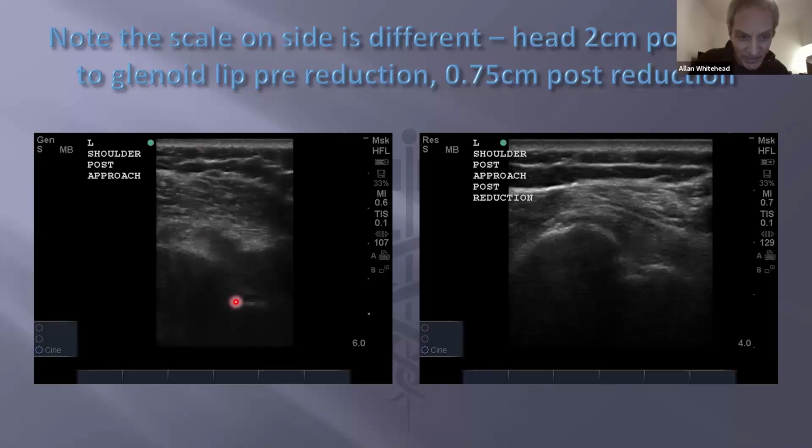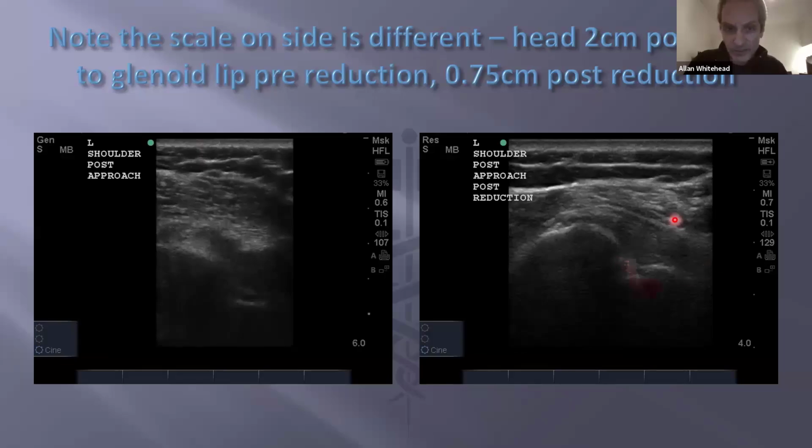So when you measure that out, line there and line there, you're looking at definitely over a centimeter, probably about 1.5 centimeters, maybe, yeah. So well over a centimeter. So pretty convincing for a posterior dislocation. And she felt that was out as well. So then when we did the reduction and repeated the ultrasound,